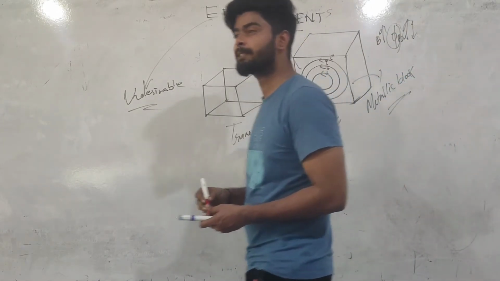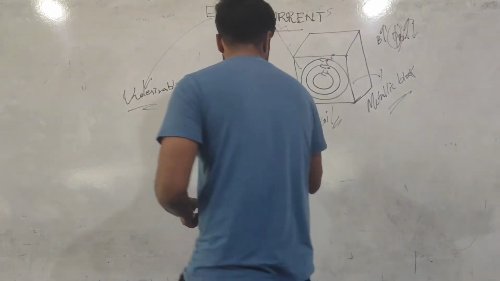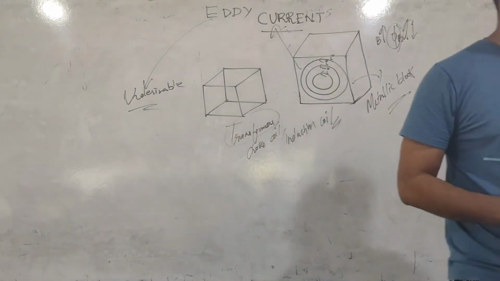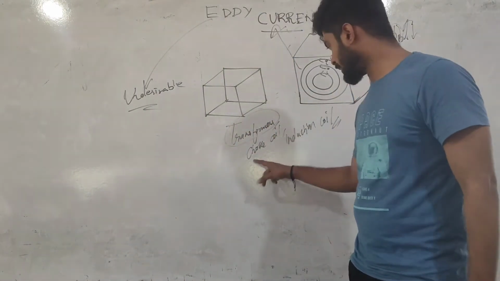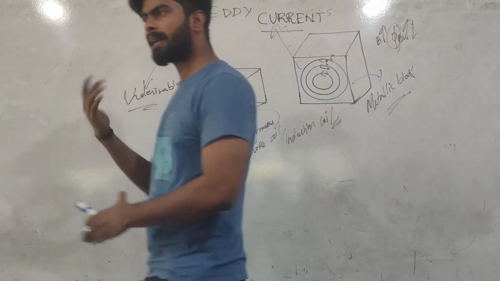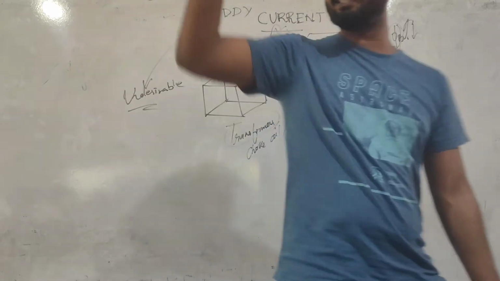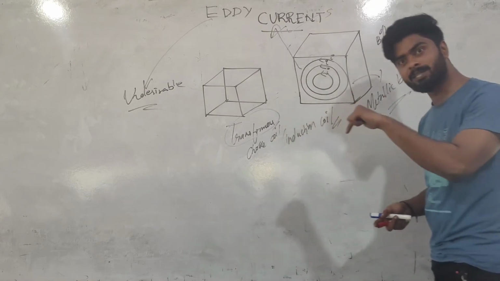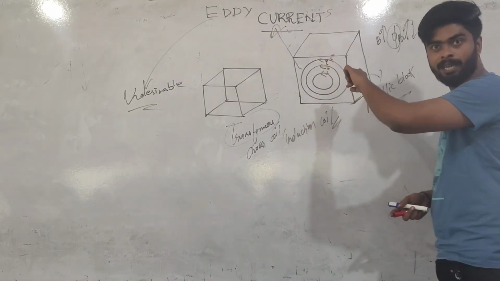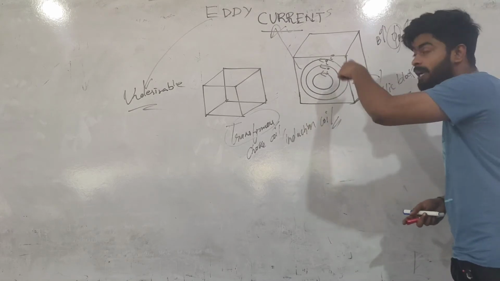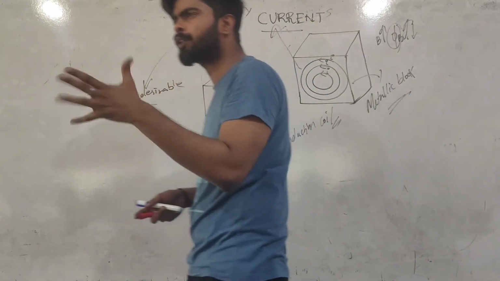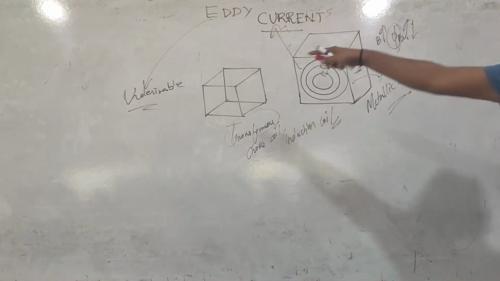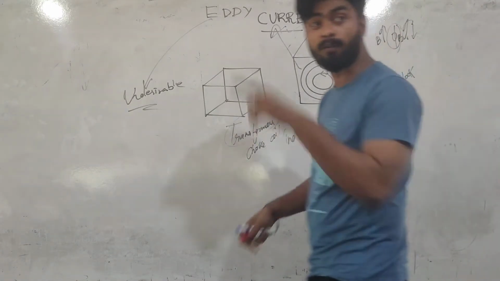excessive heat is produced due to this eddy current. Because in transformers we use metallic blocks, in choke coil we use metallic blocks, in induction coil we use metallic blocks. So whenever the current through this transformer or choke coil or induction coil increases or decreases, the magnetic field increases or decreases, and the magnetic flux increases or decreases. Therefore, the metallic block experiences a change in magnetic flux, due to which induced EMF is produced in that metallic block, and hence induced current is produced, which will be circulating currents. These circulating currents are called eddy currents, which are not useful because there is a wastage of energy. Heat is excessively produced in this metallic block, and hence energy is wasted in the form of heat.